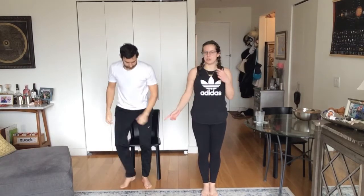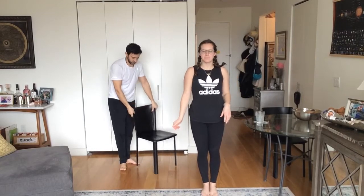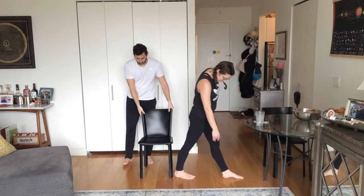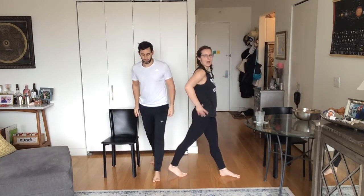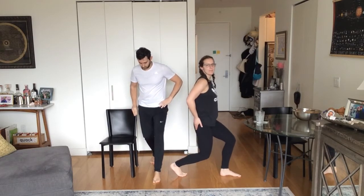Ben, I'm going to have you do this standing, but just holding on to the chair or the wall or any stable surface. So what we're going to do is start with our feet together. And let's start by stepping our left foot in front, a little bit more than a foot space in between. And then we're just going to bend down slightly and straighten back up. So we're really activating our glute. So that back leg